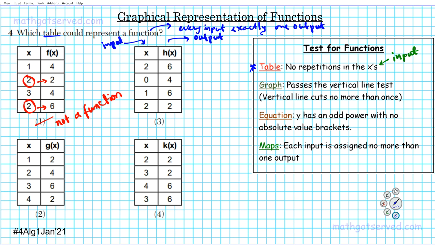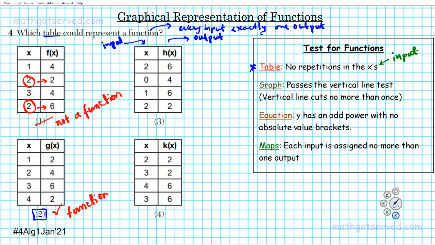Beautiful. All right, option 2. Let's look at the x's again. 1, 2, 3, 4. No repetitions here, so you're guaranteed that every input goes to exactly one output. This is a check. This is a function. Ladies and gentlemen, the answer to question number 4 is option number 2. Okay,